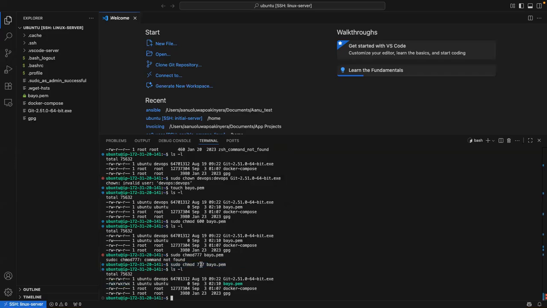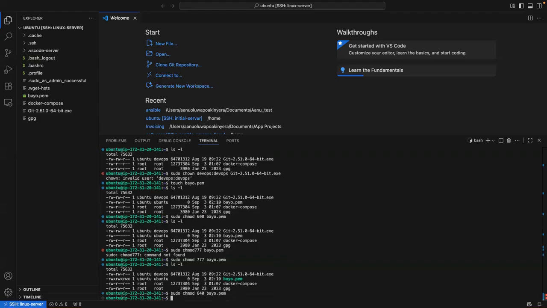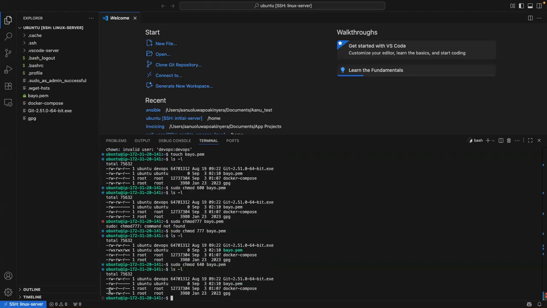Yes, sir. chmod basically works with numbers. You see 600 here, 777 here. I can change it to 640, and run my ls -l again. 640, what does it give me? rw-r-----. That should give you an idea of what chmod does. Yes, but remember that we had to run the chmod command because your PEM file was too open. Okay.